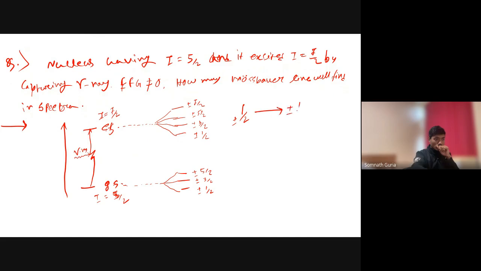Plus minus half from here to here. Now 3 by 2 to 3 by 2, 5 by 2 to 5 by 2, starting from here, plus minus half to